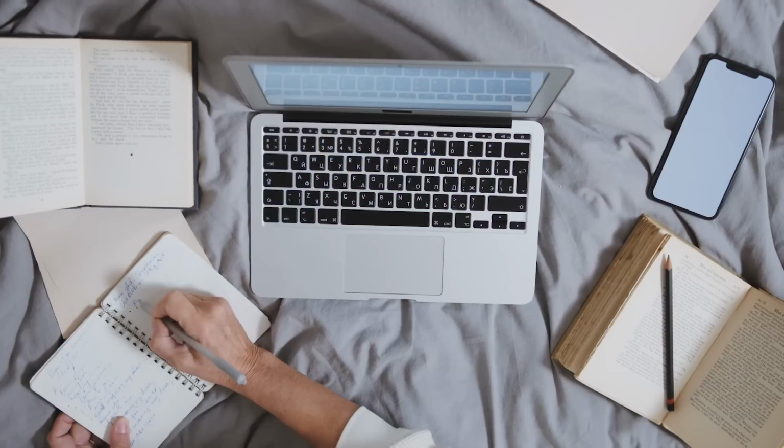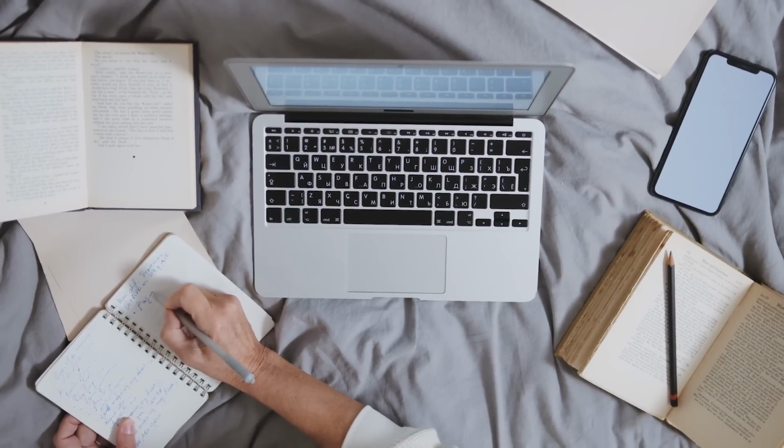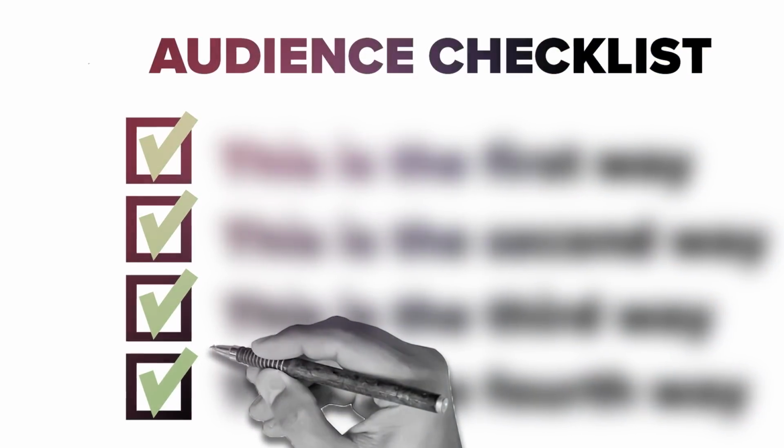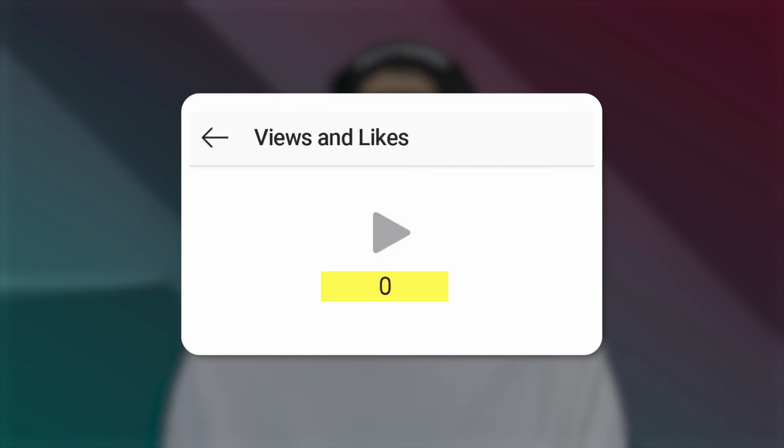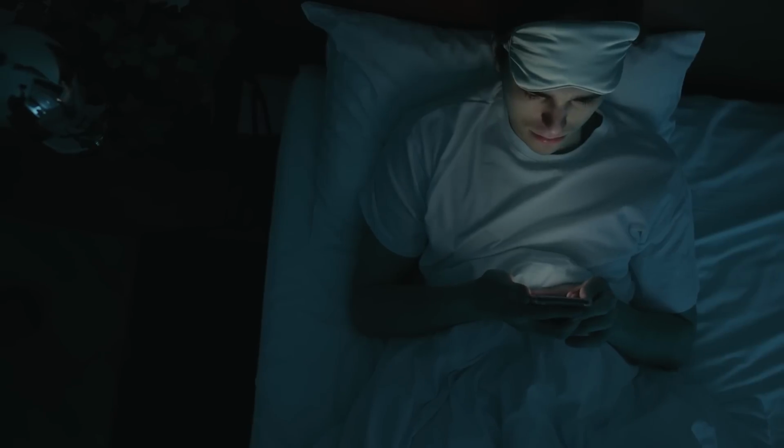And if you're not implementing the things I share with you in this video, it's going to be the reason that you're not successful, because at the end of the day, there are 4 different ways for you to be able to determine what your audience actually wants to see. And the reason that you're not getting views or followers right now, or maybe you were getting views and followers in the past and then you've gotten away from that, is because you're just simply not delivering to the audience what they actually want to see.